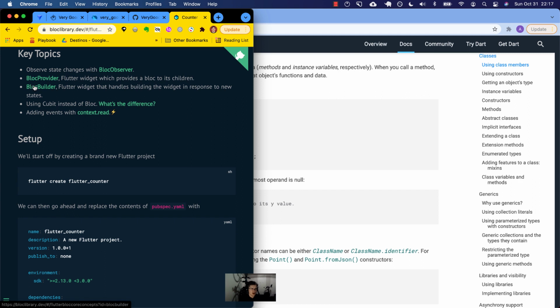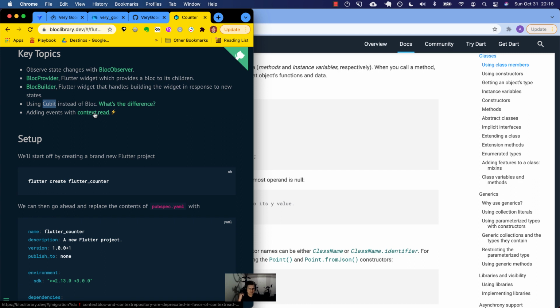Okay, bloc builder, a Flutter widget that handles building the widget in response to new states. Okay, yeah. All right, and then using cubit instead of bloc, what's the difference? I've heard about these two differences, like one's a stream and one's not a stream. For simple state management. Finally, adding events with